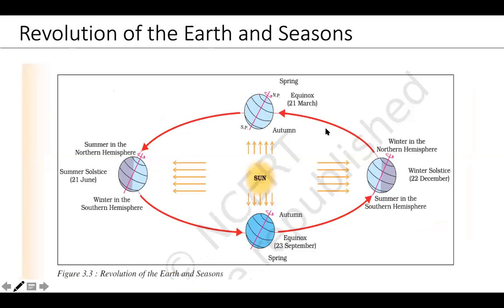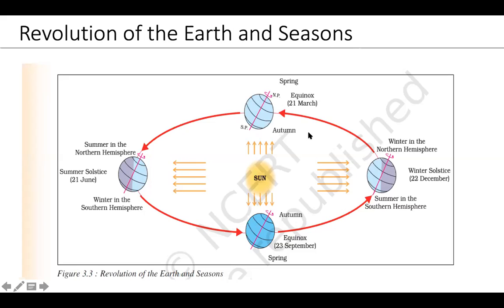Next, we will see about the revolution of the earth and sun. So this is where I will explain you the importance of 23.5 degree, Tropic of Cancer and the Tropic of Capricorn. So the earth is now in inclined position. The earth is revolving around the sun. You see the earth here, it seems it comes exactly to the same place, but the earth will never come to the exact place.